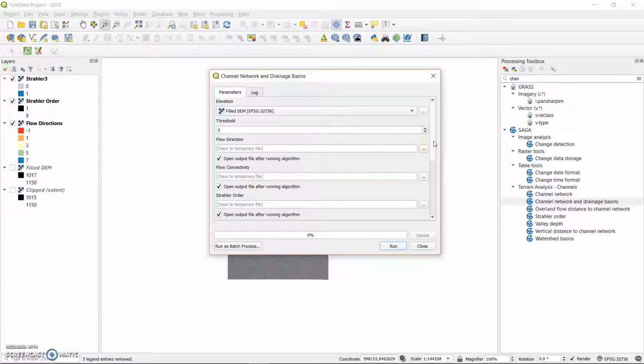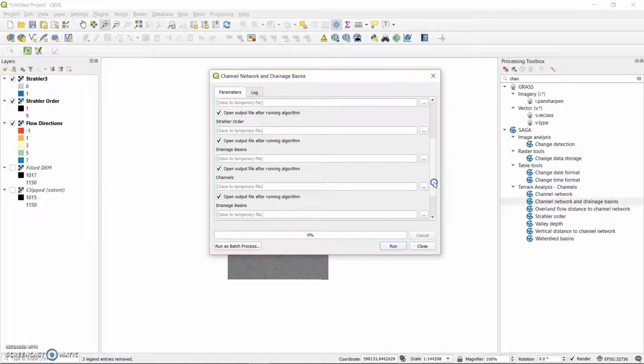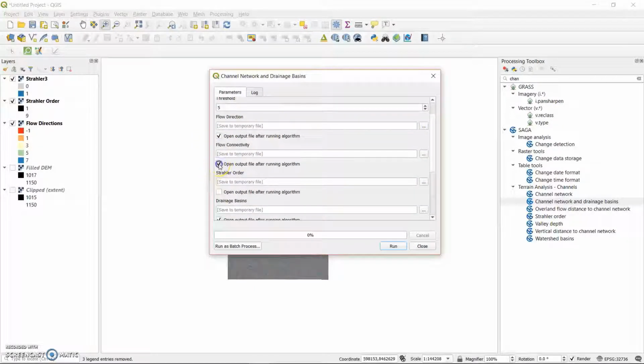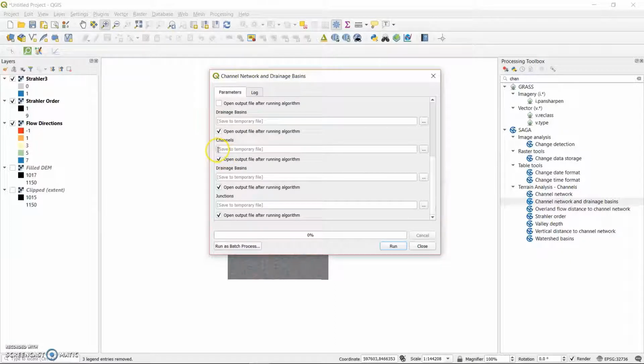Leave the threshold as it is. The flow direction I've already created. The flow connectivity, we don't want it right now. Strahler order. Let's just calculate basins and the channels. So these ones you can uncheck them because we have already calculated them. So we're going to uncheck all those, and